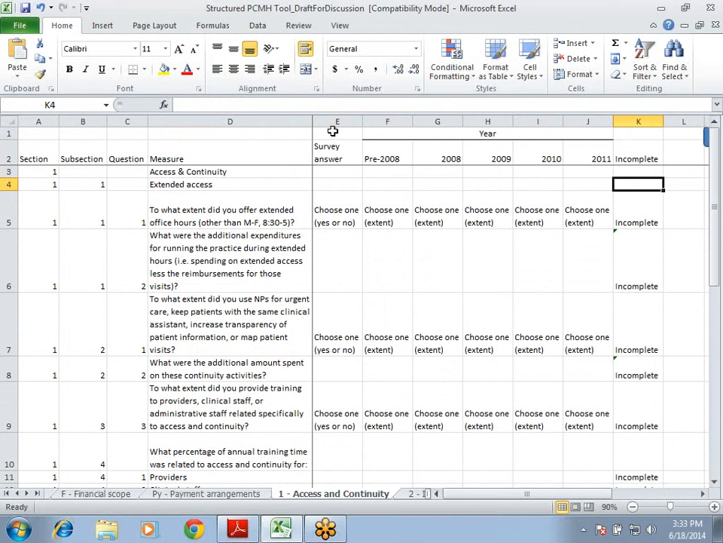So if you're looking here, the first question that actually needs to be filled out is in row 5. Rows 3 and 4 are just blank. We did that to allow there to be headers. So within the overall standard of access and continuity, the first thing we're asking about is extended access in this sheet. And the first question is, to what extent did you offer extended hours, office hours, other than Monday through Friday, 8:30 to 5? So again, you can see that the first column, column E, is the survey answer, and